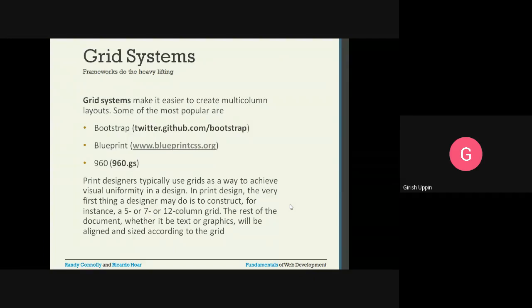In print design, the very first thing a designer may do is construct, for instance, a 5, 7 or 12 column grid. The rest of the document, whether text or graphics, will be aligned and sized according to the grid. Whichever grid you choose for your application, everything else will be aligned according to that grid size.